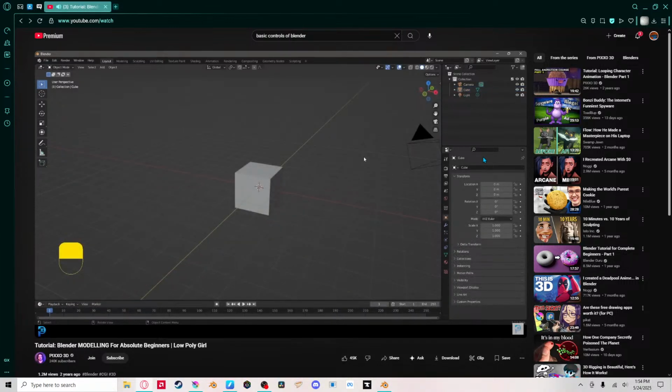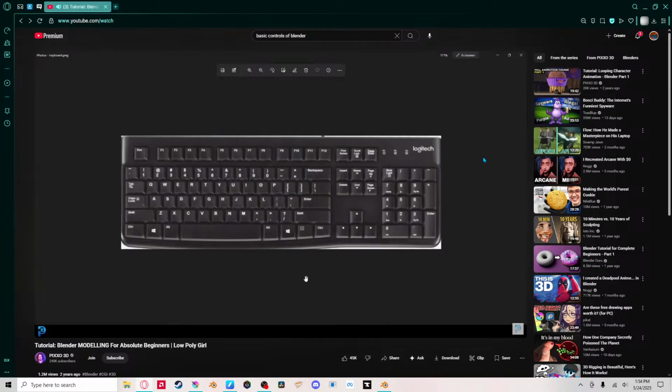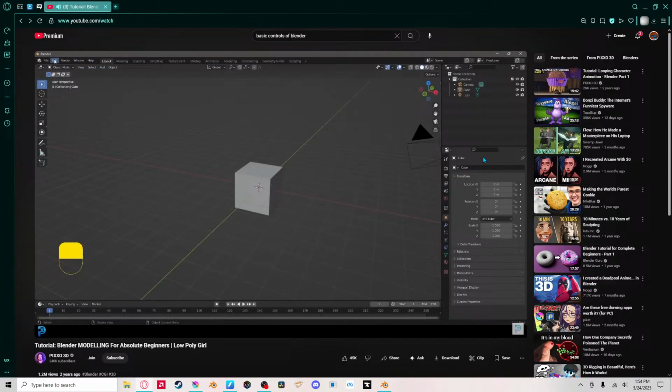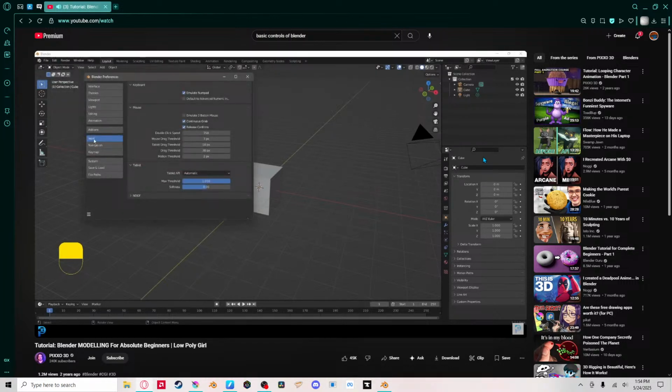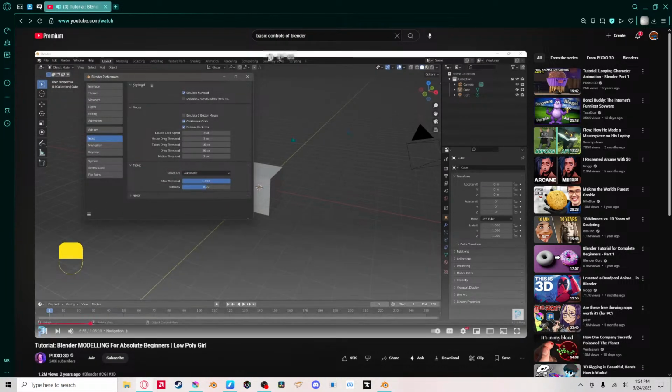Okay, so now we're going to talk a little bit about navigation. It's actually pretty simple. Before we can even get into that, we have to talk about the number pad on the keyboard. If you have ever seen a keyboard, you know that it has a little number pad down here. Now, some computers, more like laptops, don't have this number pad. If that's the case, there's something you can do where you can make these numbers up here emulate a number pad. So let's just quickly go into Edit, once we have Blender open, Preferences. Okay, here we go. Go to Input, go up to Keyboard and make sure